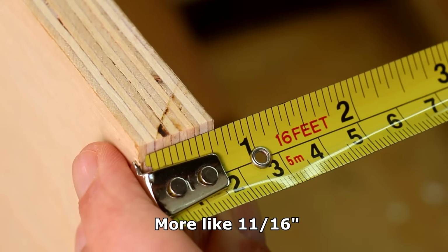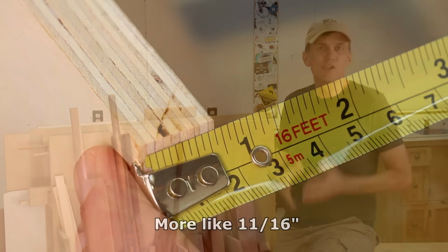The thicknesses of plywood get mind-boggling with odd variations, but the most common thickness used in furniture and other woodworking projects is probably 3/4 inch, or at least close to that. In general, the more layers the plywood has, the higher the quality. Plywood that comes sanded on both sides is also best, and look for plywood with the least amount of voids